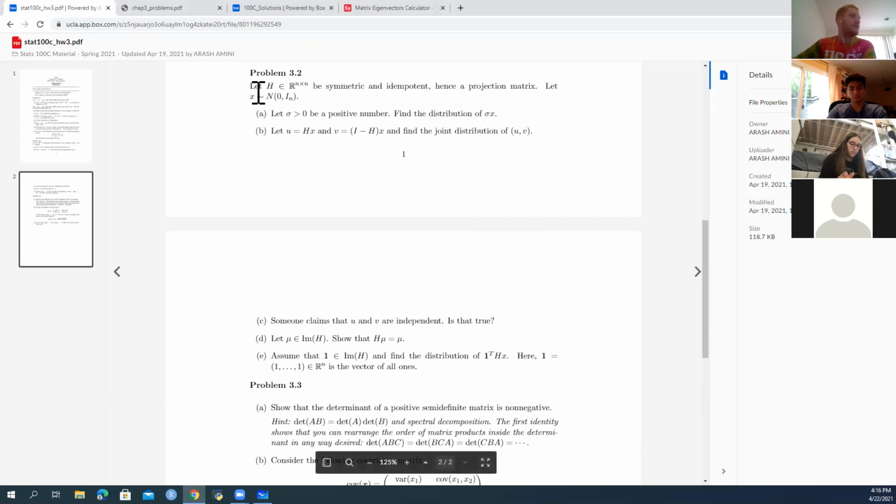So remember, X is distributed as normal 0, I_n. Hold on, let me grab the notes for this one. Oh, this is not my notes. This is for last quarter, geostatistics. I do not think you care about that, unless you want to know about geostats. That's actually kind of what I'm doing research in. Okay, so this one